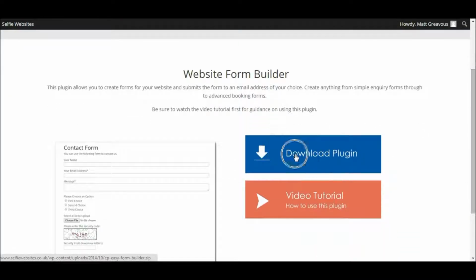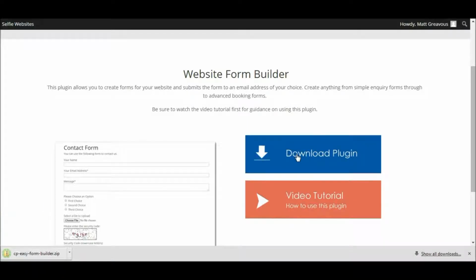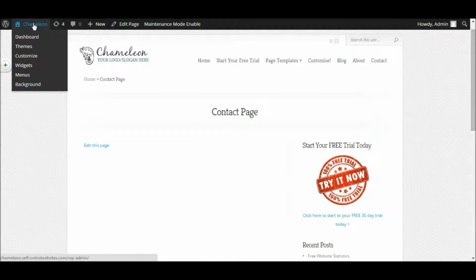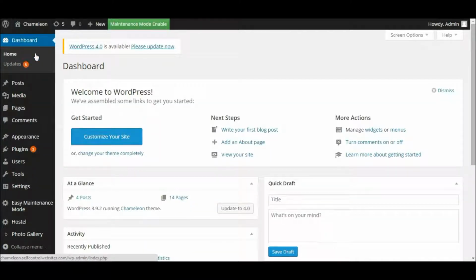Now we just need to click the blue download plugin button, and that's going to download a zip file to our computer. The zip file is the plugin itself. We don't need to open it at this stage. What we need to do is go back into the back end of our website. So we're going to click on the top left there to go into the dashboard, and it's within the plugins section. So if we click on that link there,